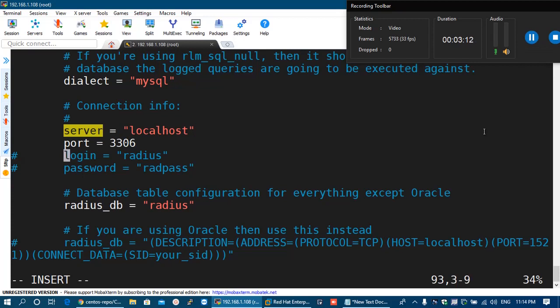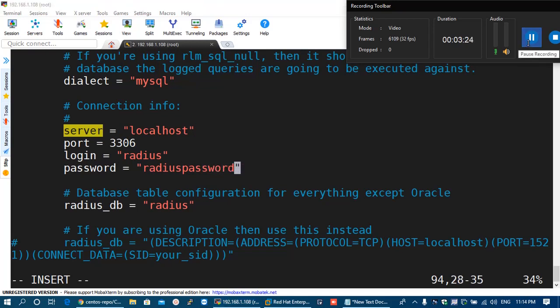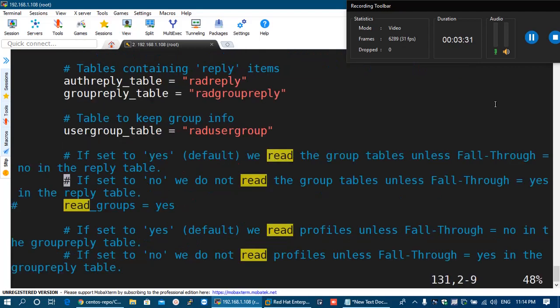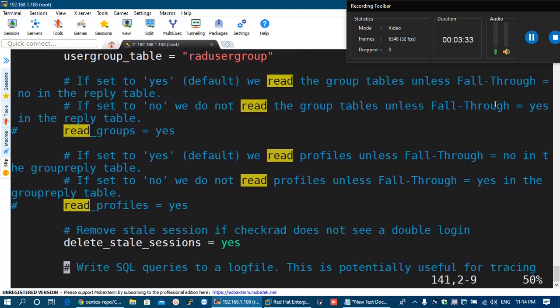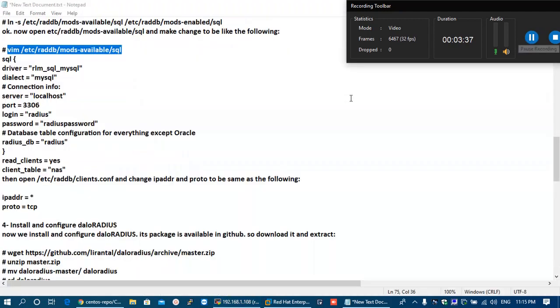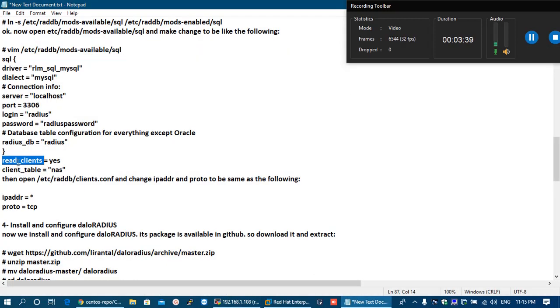Uncomment this login line, uncomment this password line as well, and the password is the radius password. Now we will search for the read_clients option. This should be uncommented, read_clients.